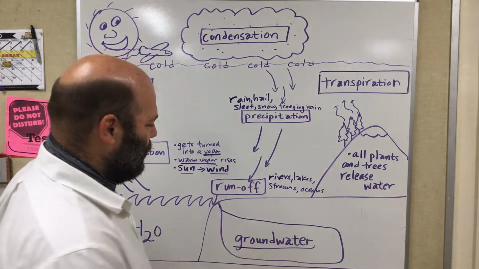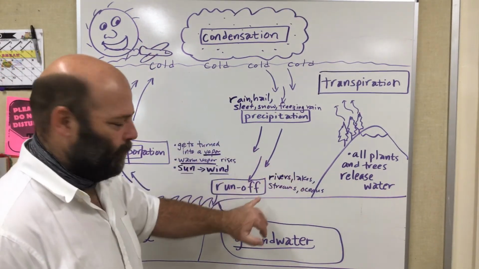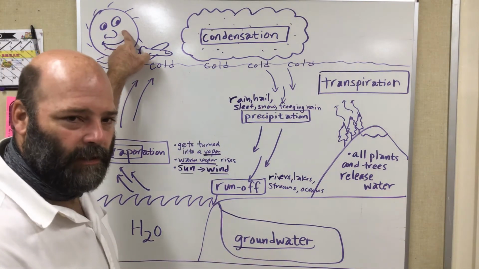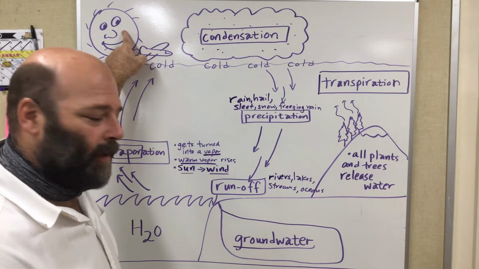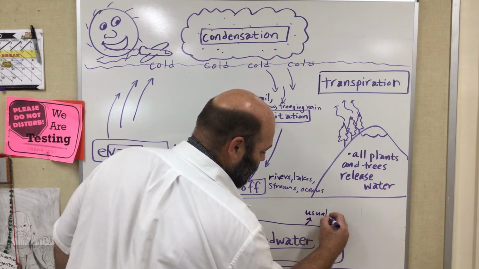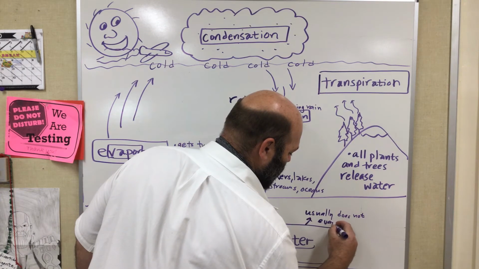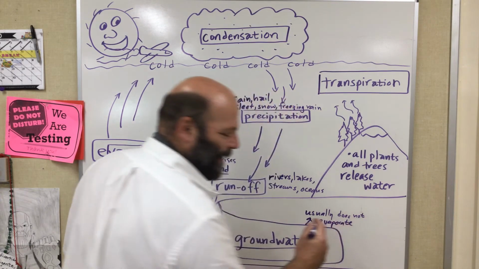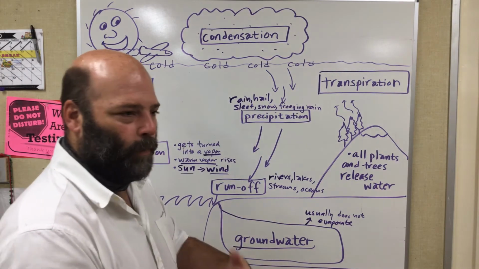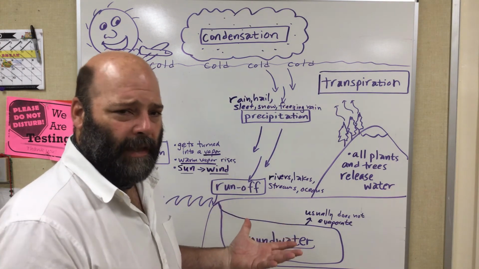And the reason it is because these right here, the sun and the wind can get to them and they can evaporate. But if water goes down to groundwater, it loses the ability of the sun to reach it and the wind can't get it either. So groundwater usually does not evaporate. Okay? And the reason it does not is because there is nothing to make it evaporate. There's no sun. The sun can't go through the land. The wind can't go underneath the ground. So there's nothing there to evaporate this water, so it just stays there.